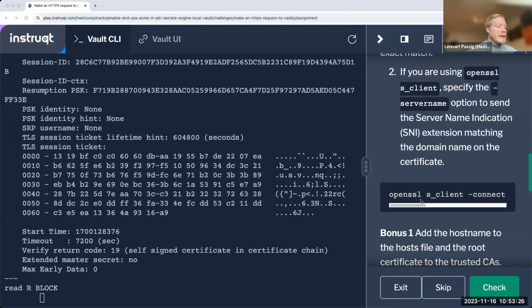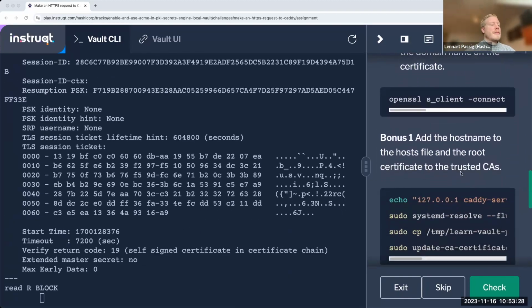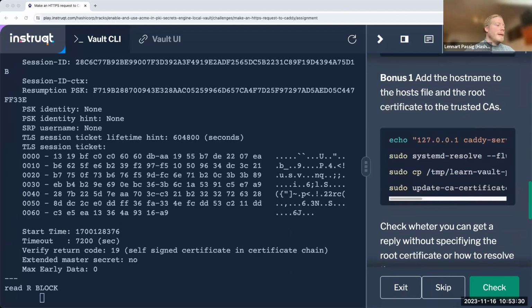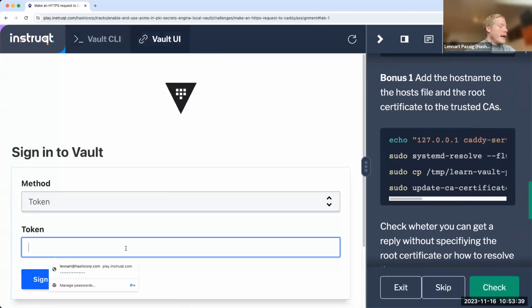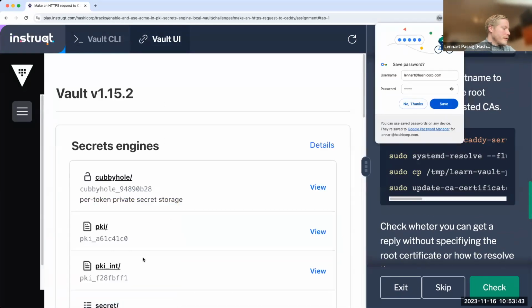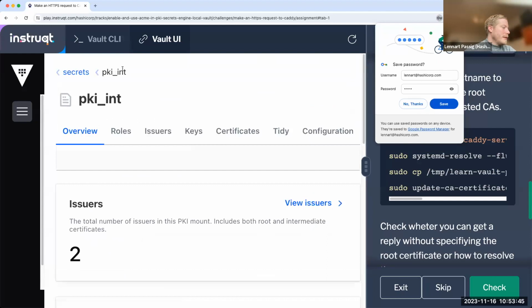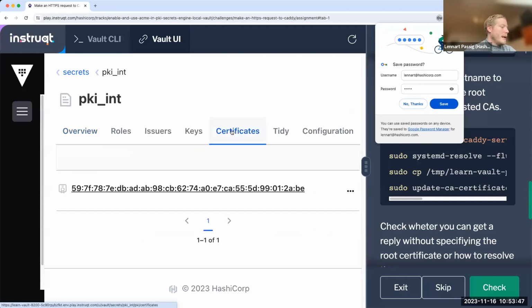All right. So there are a couple of bonuses that you can execute as well, right? Change a couple of things to the hostname, or revoke the whole certificate. We go ahead here into root and enter the root password, which is just root, and go into the PKI and now into the certificate.